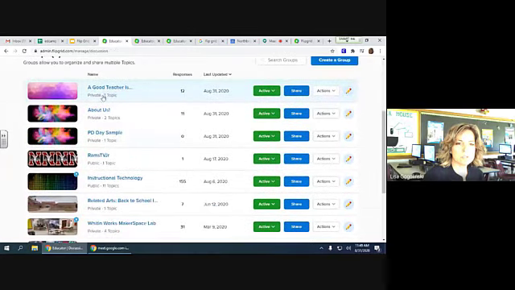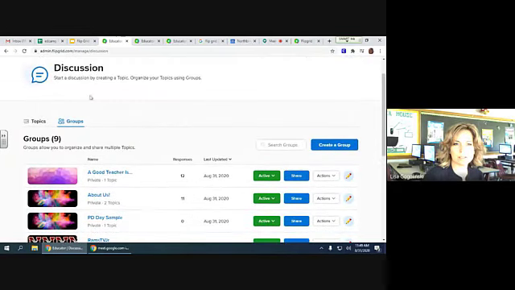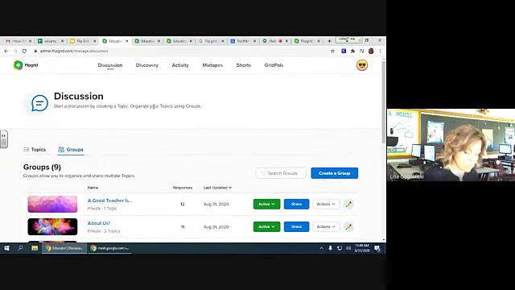So I have different groups, and I wasn't great when I set this up. I was trying to understand how a group worked and try to do organization. In retrospect, I would probably do it by topic, and I would make different questions in there, because I might have my A block in a different group than my B block or my C. So if I was doing something, say, on digital citizenship, I might want to create a group that is just called